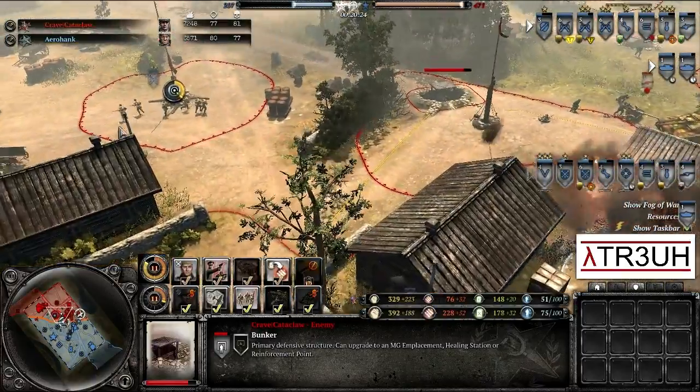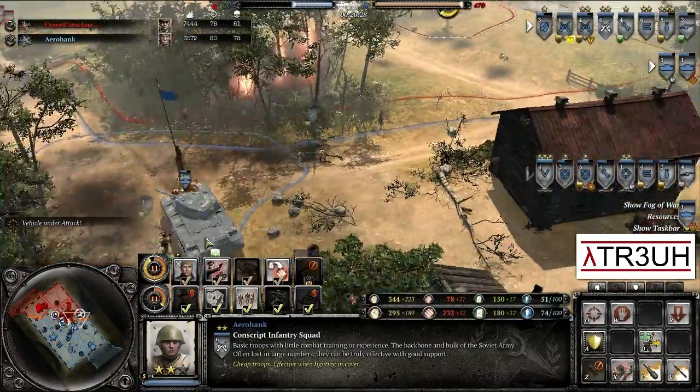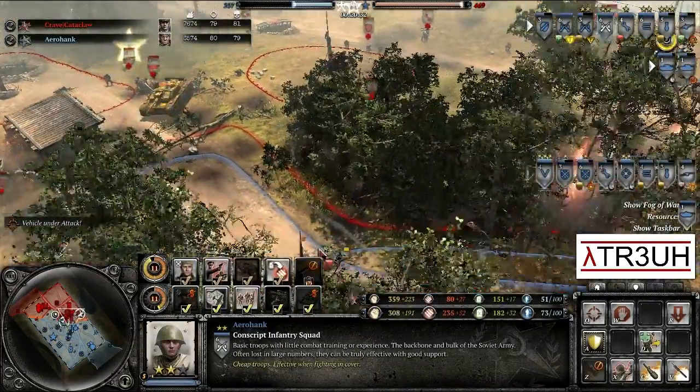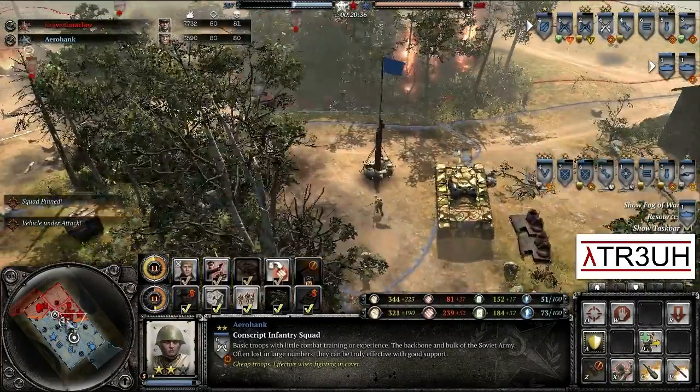We have a conscript squad moving in for a little bit of a flank. The KV-1s are in the center of the road, taking some shots from both the pack gun and the Stug. The KV-1 taking some damage now, forced to retreat now at about half health. And we are...